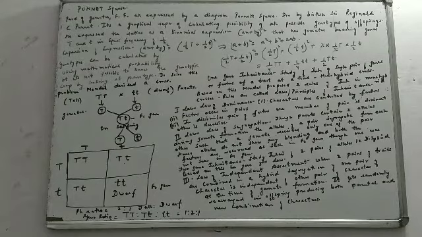If you can see over here, I made a cross on the board. We started with the parents. We have taken tall parents, homozygous tall, that is capital T, and homozygous dwarf parents, that is small t. So what are the gametes? The gametes are capital T and small t. What are you getting in the F1 generation? We are going to get all tall in the F1 generation, that is capital T small t. All hybrid talls.